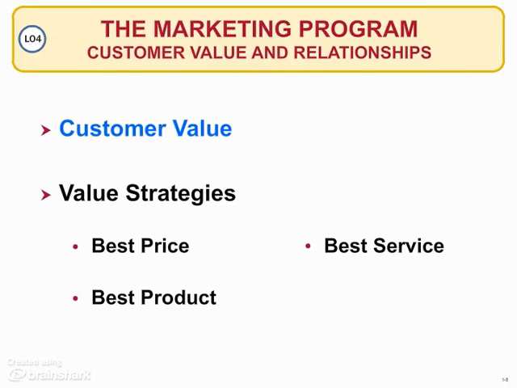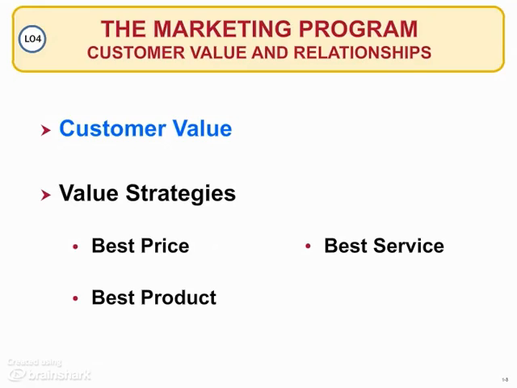There are 3 main strategies that companies use to deliver customer value. The first is the best price. We see it all the time, like Southwest Airlines, $99. They're providing value with the price. It's inexpensive, and it gets people where they want to go. Other companies that focus on the best price value are Walmart, Costco, and again, Southwest Airlines.